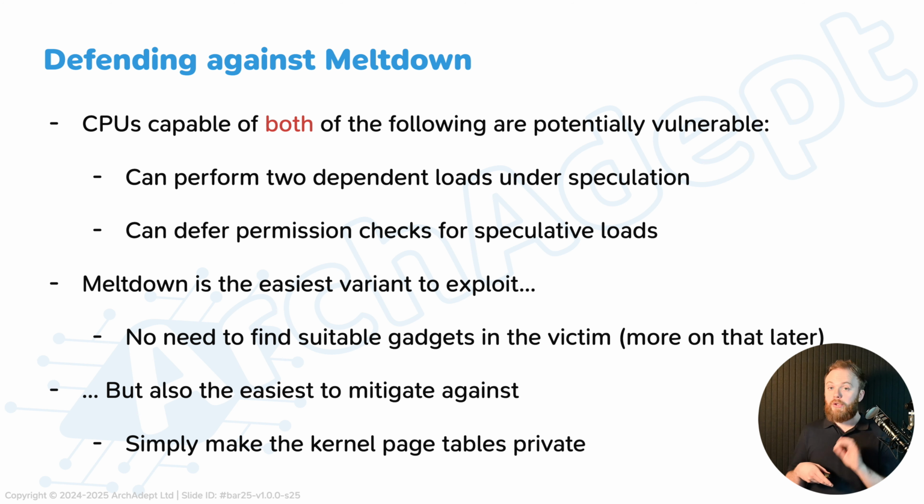However, the good news is that Meltdown is also the easiest variant to defend against, and ironically for the very same reason as above. So there's no need for us as the defender to identify exploitable in-kernel gadgets and to then insert the necessary barriers. We can simply make the kernel page tables private, and that completely prevents any Meltdown attacks like the one we